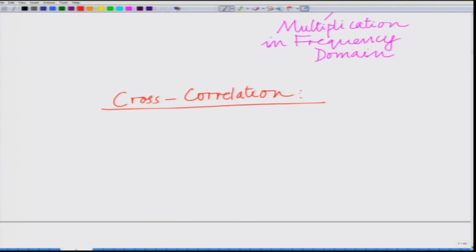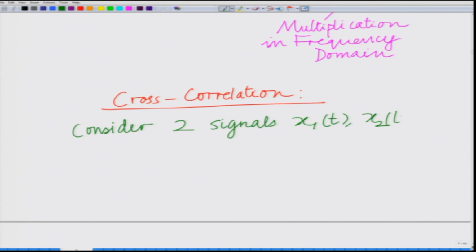So, consider for this purpose two signals x1(t), x2(t). The cross correlation function r12(tau)